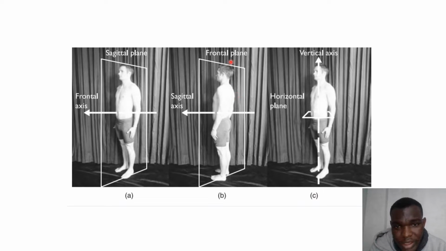But here, the frontal plane. The frontal plane is dividing the body. Let's say you see the body, then you divide from here. You have the back side and you have the front side. You can see my explanation here. Let me use some instrument as an explanation. In such a way, you are dividing from the